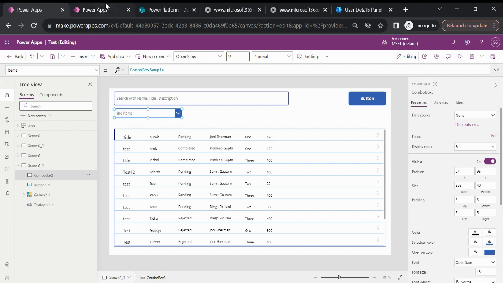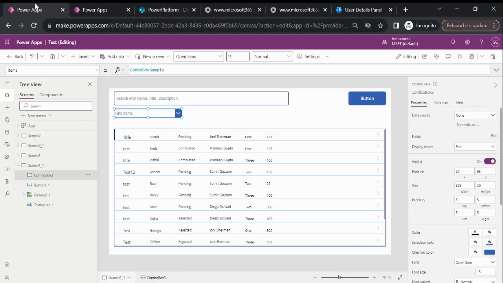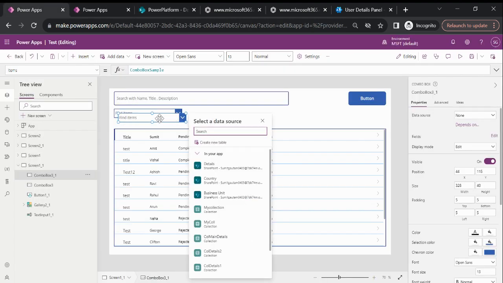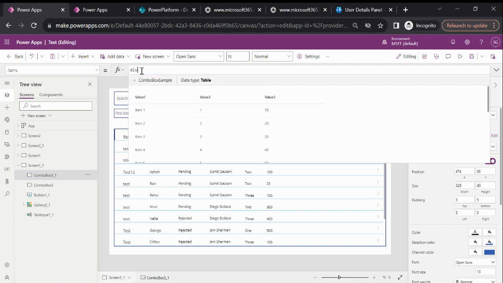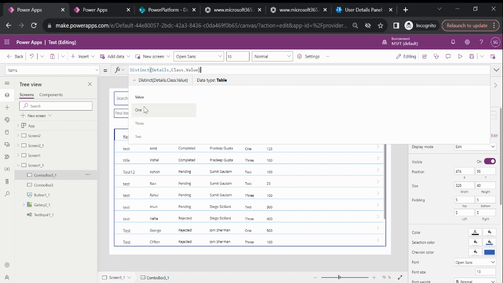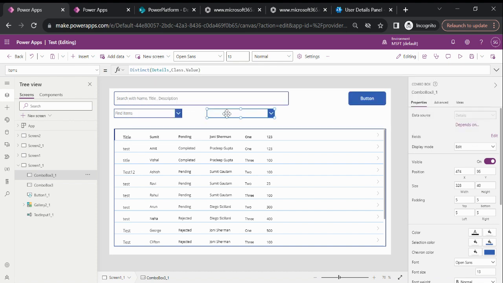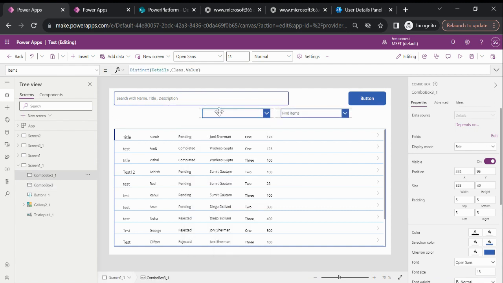This combo box I'm going to use for this class column, which is a choice type. And second, I'm going to use a status column, which is a single line of text. So here, just to fetch the distinct value details, this is my SharePoint list, and my column is class, which is a choice type. Here you can see we have one, two, three values, and if I go back to this, okay, so now this is a